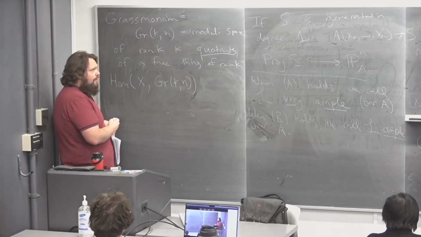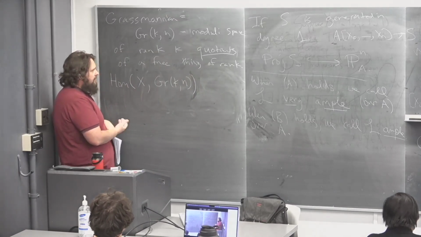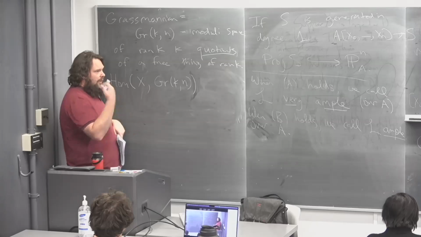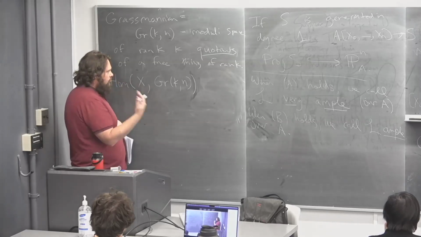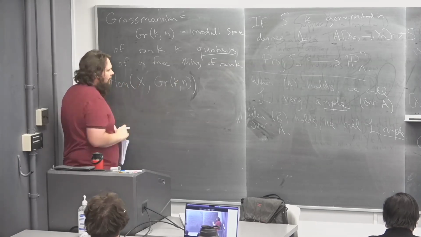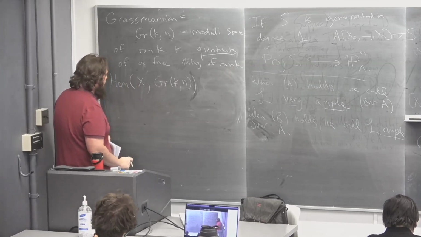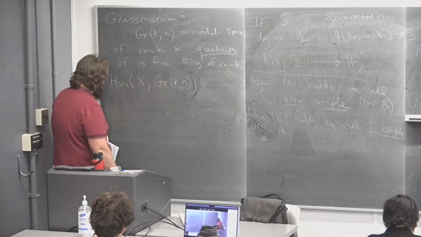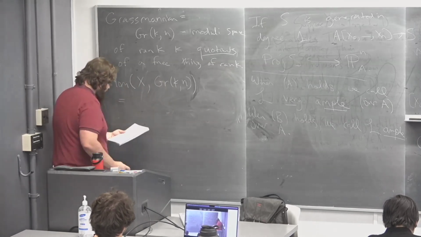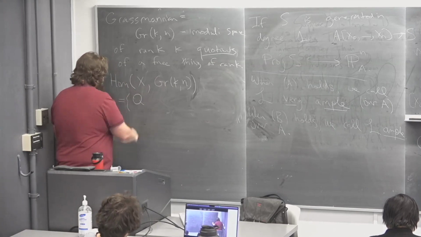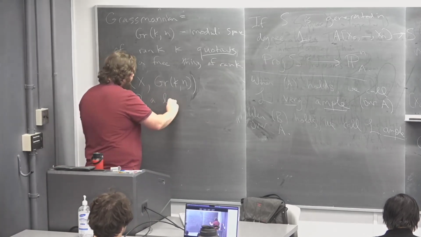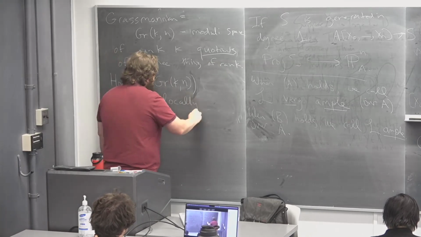So Hom into a projective space means I have a line bundle and I have n+1 sections which generate that line bundle. And well, my n gets a little bit off here, but that's okay. So Hom into here is a locally free sheaf on X